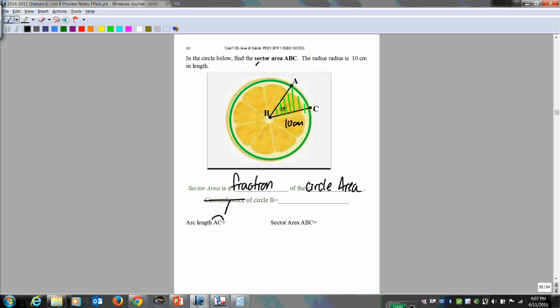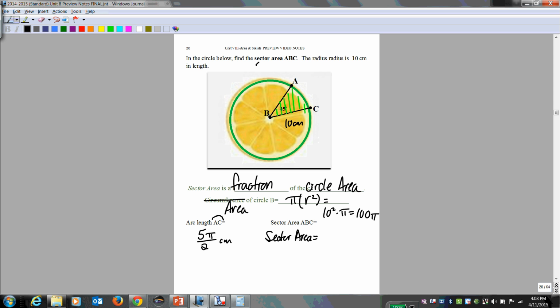So first we find the area of circle B, which is pi r squared. So that's 10 squared times pi, that's 100 pi. We already found our arc length, that was 5 pi over 2 centimeters. So our sector area,